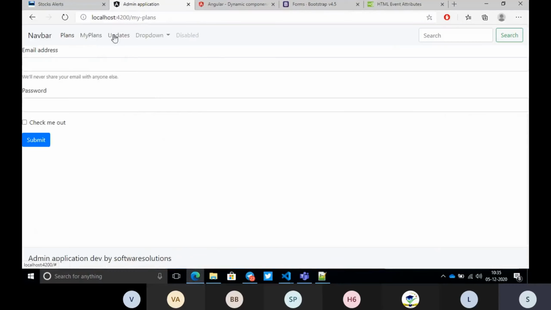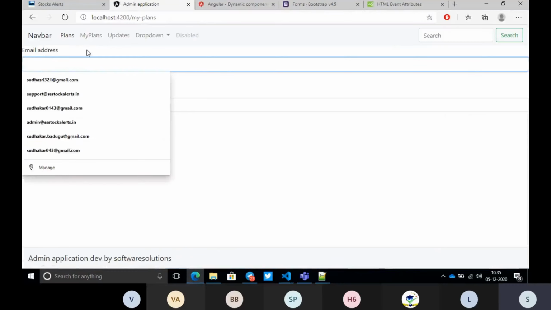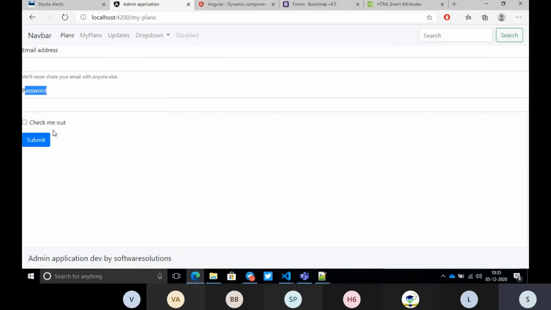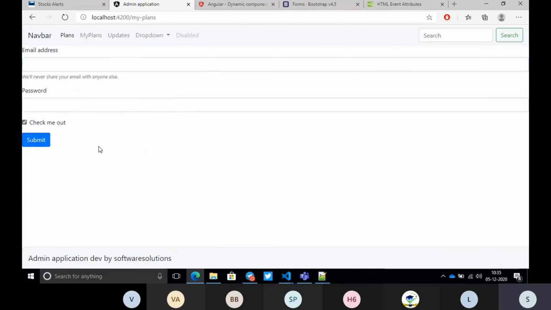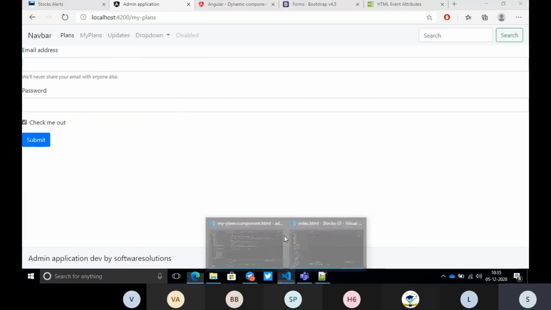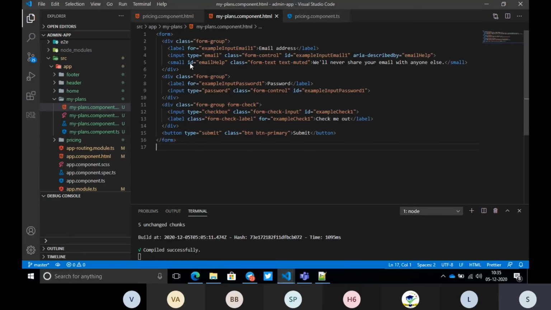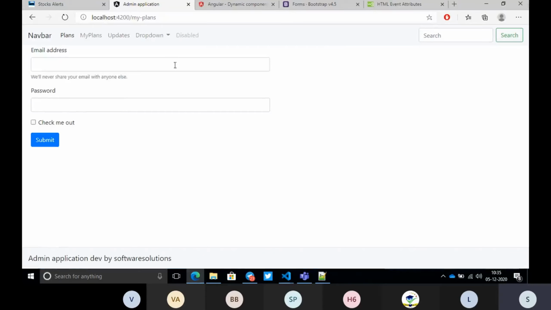Whenever I'm in my application, we have the email and password text boxes that came, and we have the submit button also. But the page is taking full width. We could reduce this to something smaller, but that is not our concentration here. Our concentration is how to implement this, not this HTML.